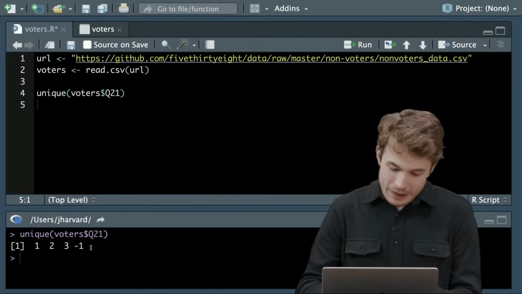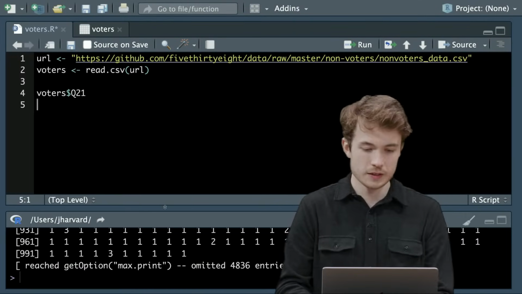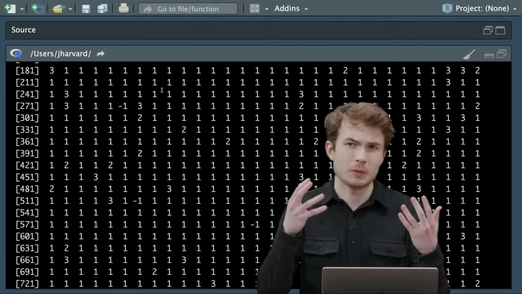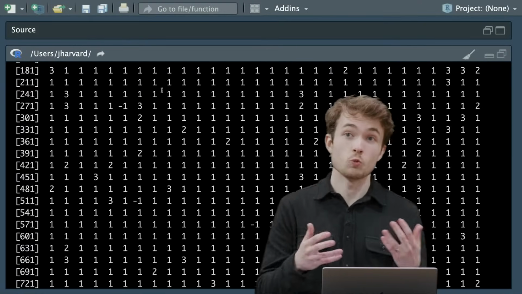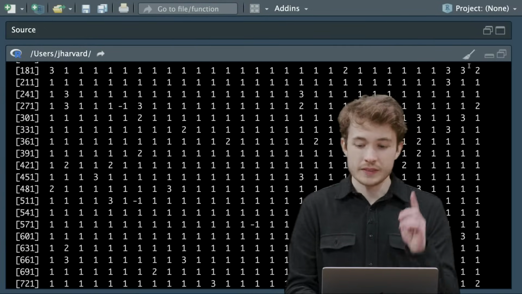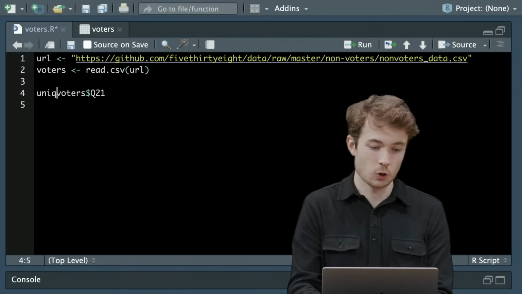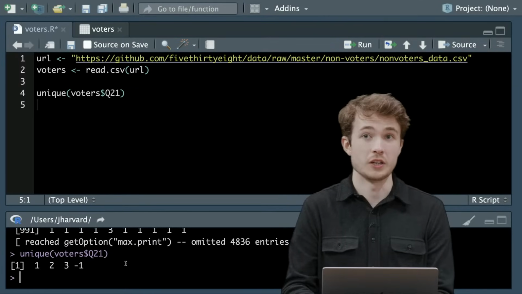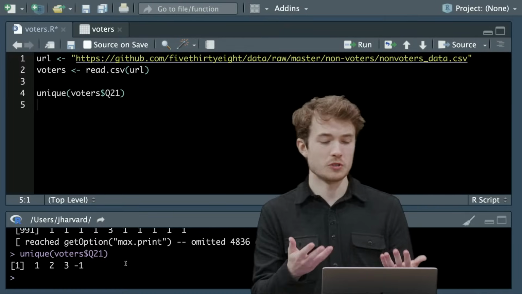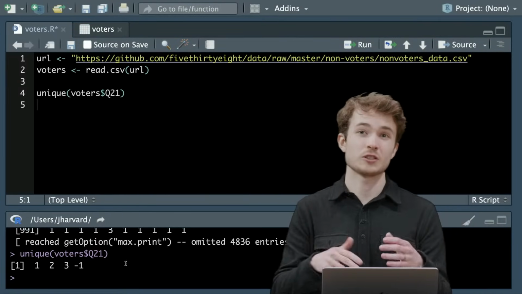So at this point, I'm getting tired of looking at my vector here and trying to convert in my head between these 1s, 2s, 3s, and -1s to the actual responses participants gave. And it turns out there is a way in R to make it much easier for myself to work with data that's exactly like this. This data has some set number of categories of responses, as we saw with unique here. The categories are, in this case, 1, 2, 3, or -1. Those are the only possible values that could be stored in this vector. And we also know that 1, 2, and 3 correspond to some real-life actual phrase that participants responded with